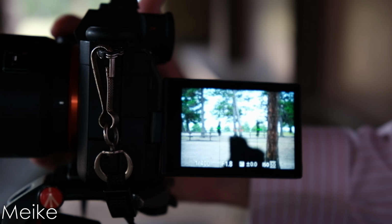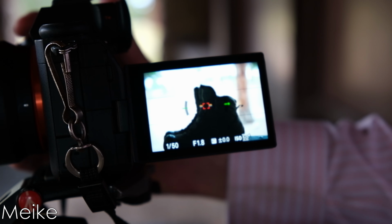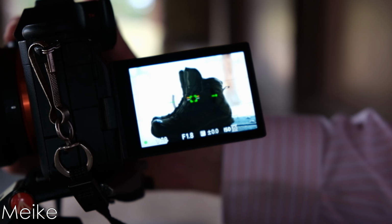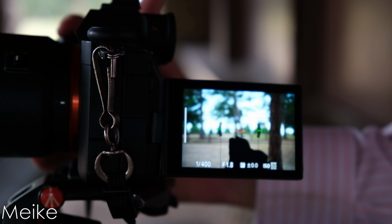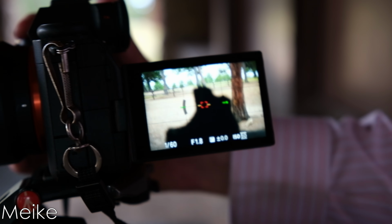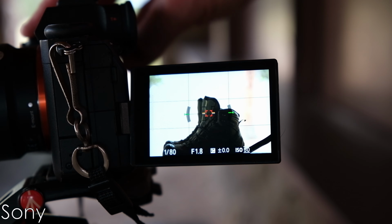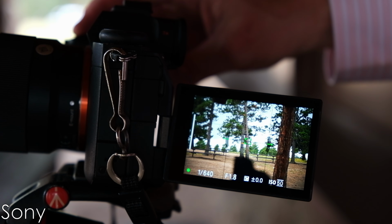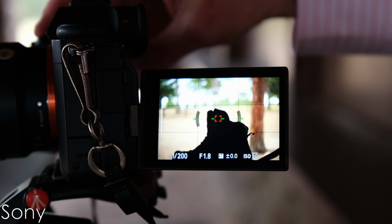Then I trimmed each clip in DaVinci Resolve so I could see how long elapsed from when the focus began to shift to when focus was confirmed. I tested each lens 3 times except the Viltrox, which I tested more, something like 8, and we'll get into why in a moment. The best I could do was to get this to the 100th of a second with